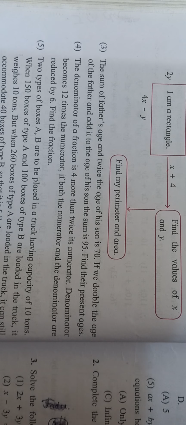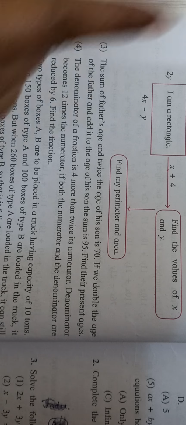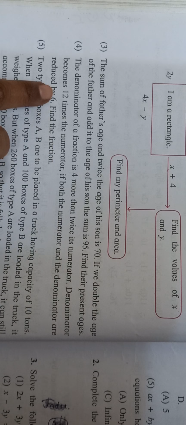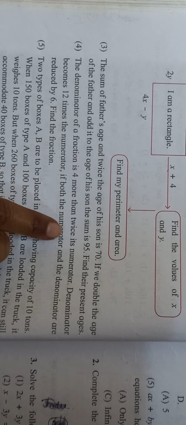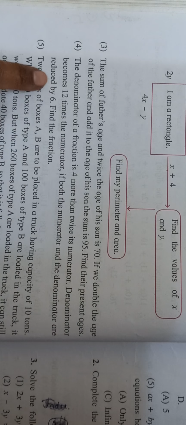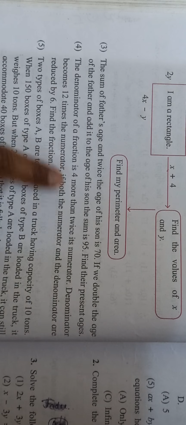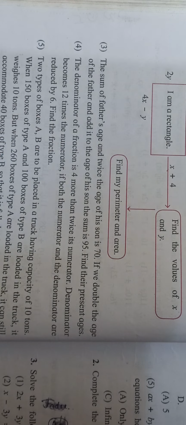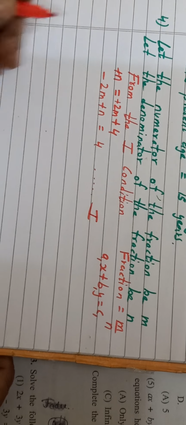Now this point you should understand. If we are reducing, now numerator is m. Reduce means what? Minus 6. Numerator is also reduced and denominator both. See, both word is there. Both numerator and denominator are reduced by 6. If that happens, then denominator is equal to 12 into numerator. So numerator is reduced by 6, denominator is reduced by 6. So what will numerator become?